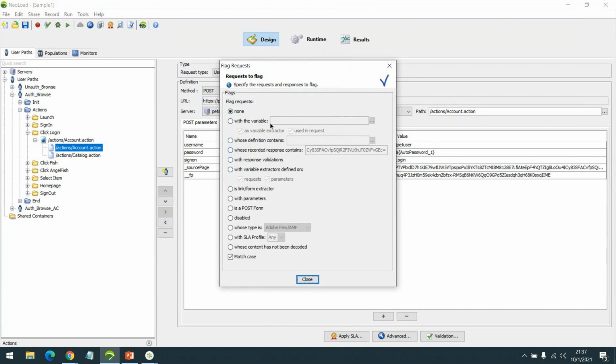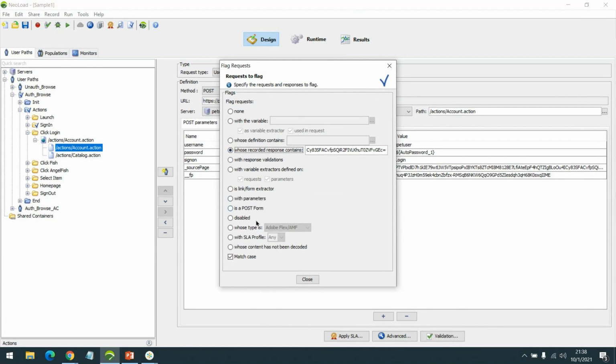What is the use of the flag? We can search and identify specific things in the script. For example, I will just quickly walk you through. With variable, we can find certain variables that can be used as a variable extractor, or in the request, or in the definition, or in the recorded response.